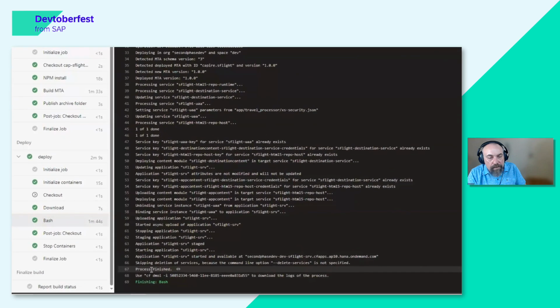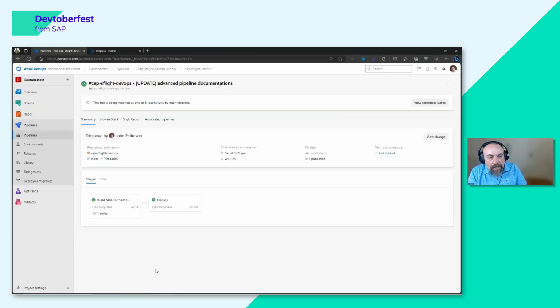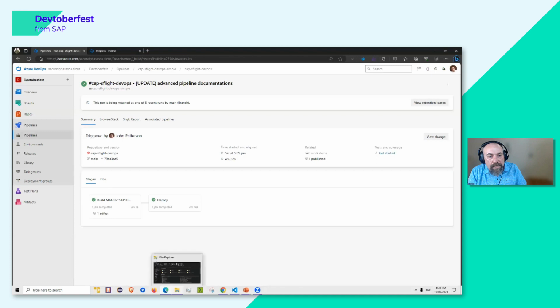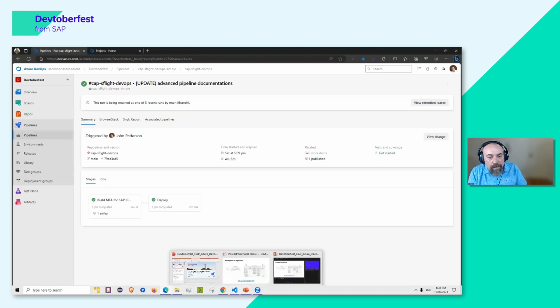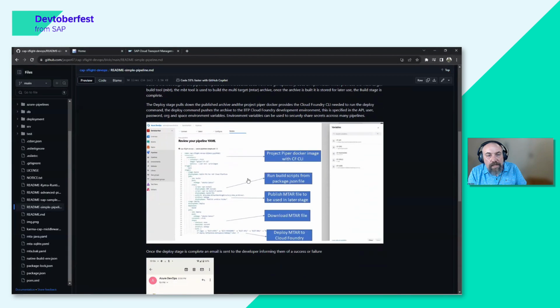deploy multi-output logs. And if it was a failure, we'd come in here and we would run this from the command line to see why it failed. But in this case, it was successful, and that's essentially the simple pipeline. Now, if I go back to the repository, just the documentation goes into, once again, what we saw, the